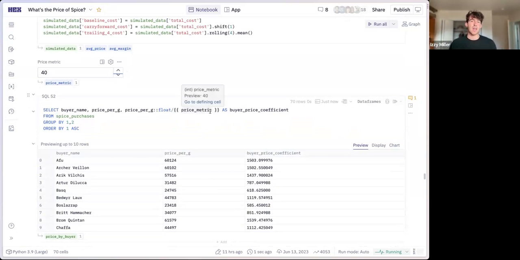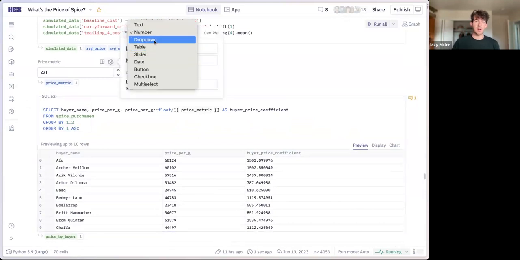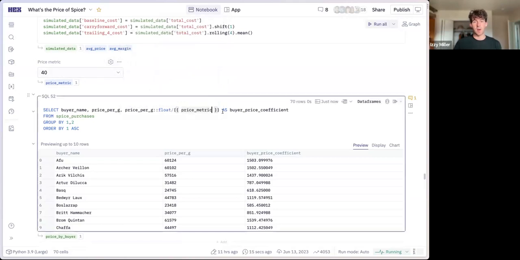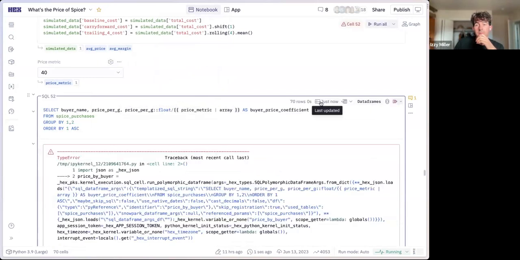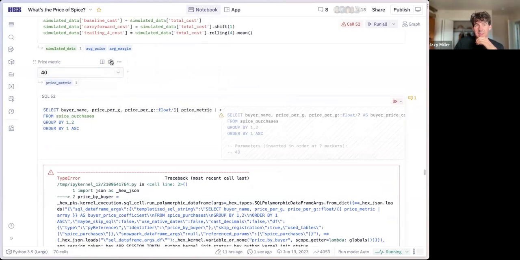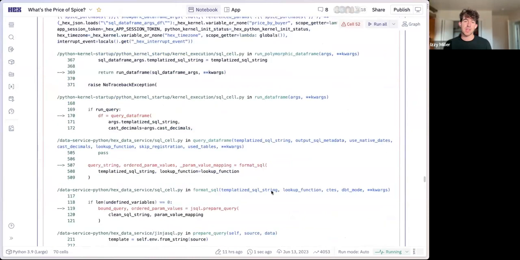You can use this to pass in lists. So we could turn this into a list parameter or a dropdown with a bunch of different options, 40 and 50. This obviously won't work because this is a little bit wonky, but then we could say array, and we could pipe in an array of values into the SQL query, and this won't run. But if we look at the compiled SQL, we can see that, oh, I guess I didn't, it's a dropdown. That was a bad example. But you can pass in lists, treat them as arrays, and construct really complicated SQL-based logic that's parameterized as